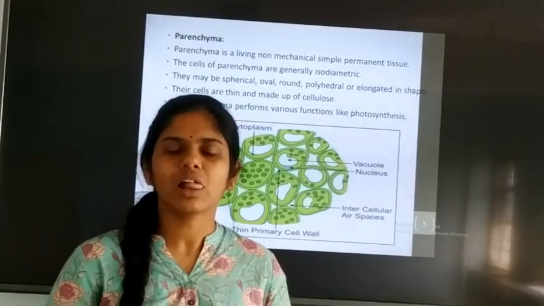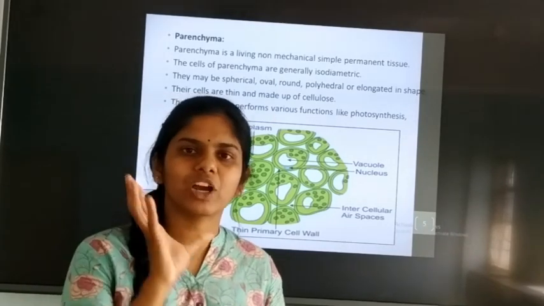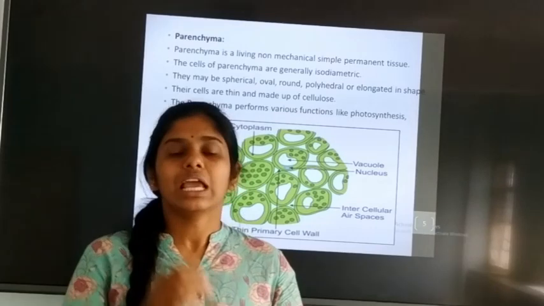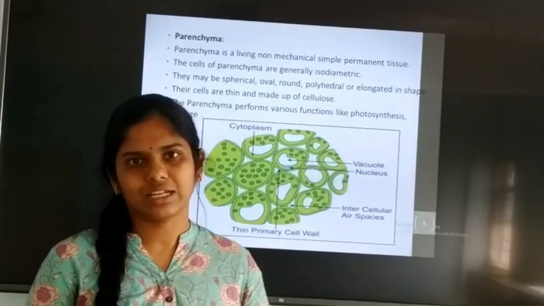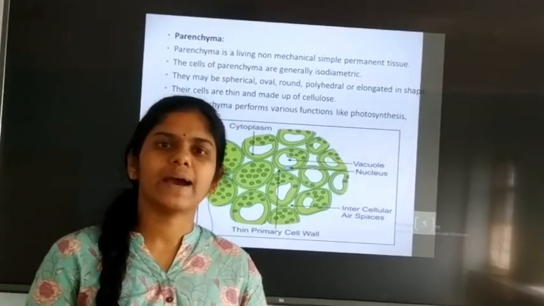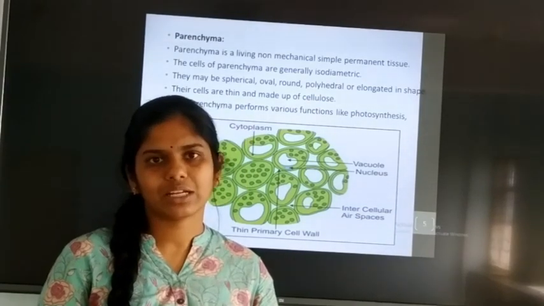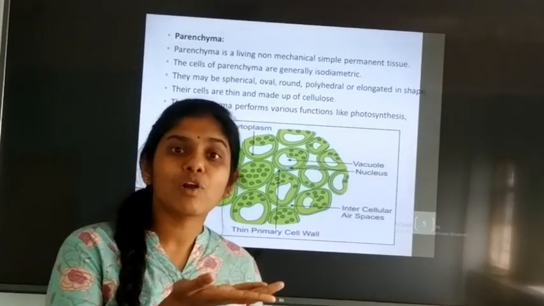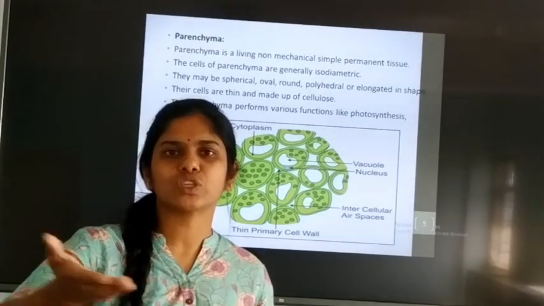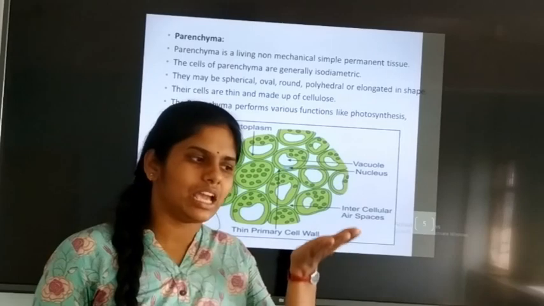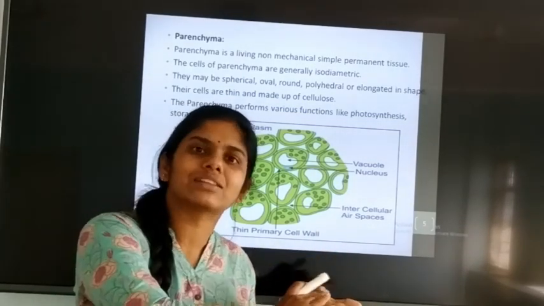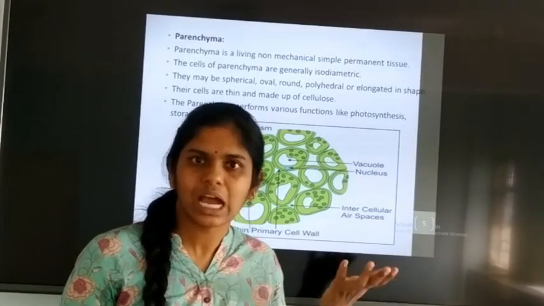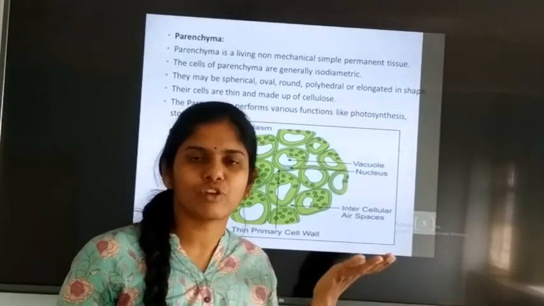If you get confused, compare with animals. Buoyancy in a plant means it is helpful for the buoyancy of plants, especially in aquatic plants. The aerenchyma is helpful for floating the plants on the surface of water. Aquatic plants float in water. If the weight is heavy, can plants float? No. Only weightless ones can float.